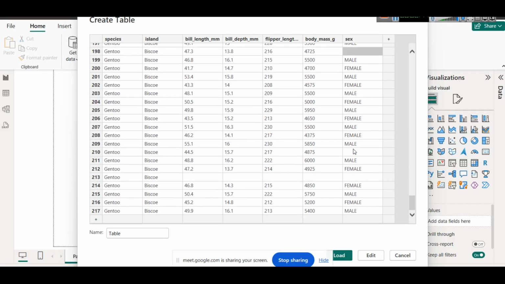But there are cases where we don't have any data, like we don't have bill length, bill depth, flipper length, or body mass of the penguin, nothing is there. These types of rows are of no use for data analysis, and they are going to change our average, they are going to change everything. So we'll call it penguins,